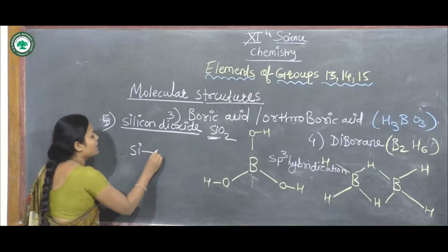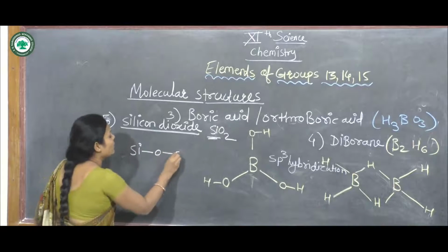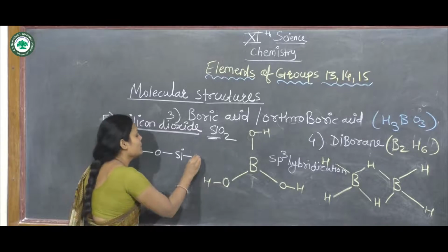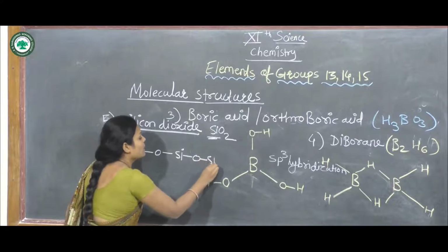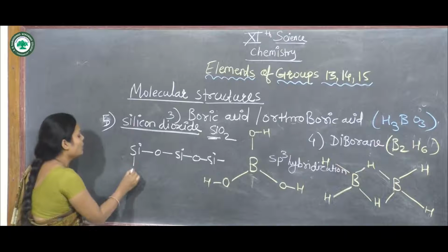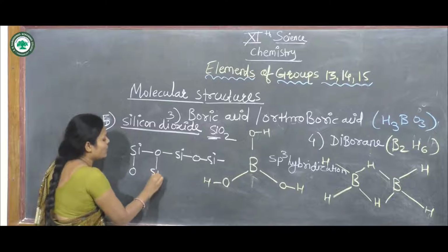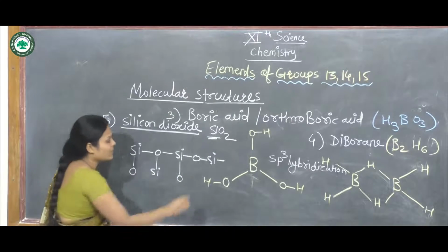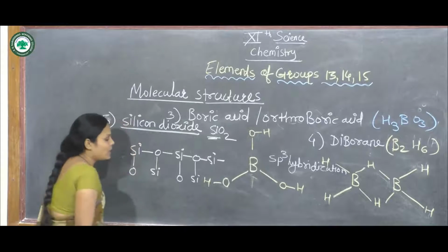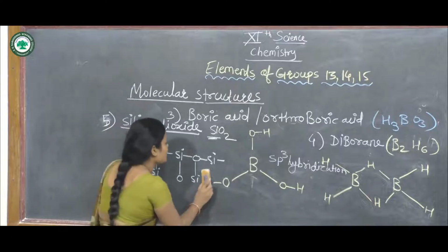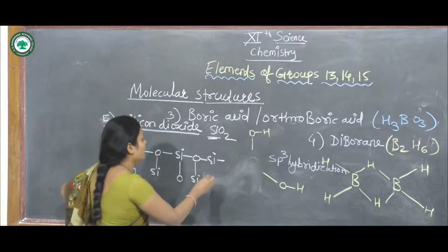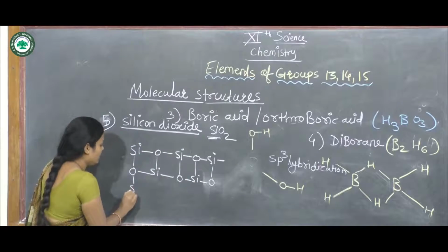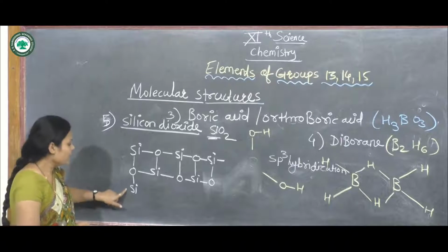Here is a silicon. To that silicon, oxygen atoms are attached. Then one oxygen is attached to another silicon atom. Then here is also oxygen. Same here, silicon has oxygen atoms attached. Here is oxygen, and silicons are attached to it. Then on that silicon atom, oxygen atoms are attached. Now they are attached to each other. Then on that oxygen, silicons are attached again.